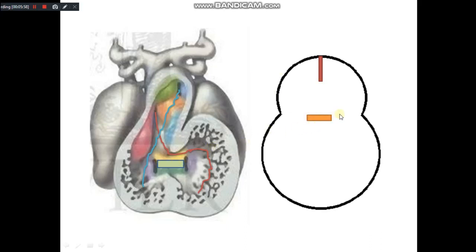So the atrioventricular canal is now divided into the left atrioventricular orifice, indicated by the red arrow, and the right atrioventricular canal, indicated by this blue arrow. Then subsequently, the septum primum grows down towards the septum intermedium, and then it fuses with it like this. Once it fuses with it, its upper part degenerates by programmed cell death.